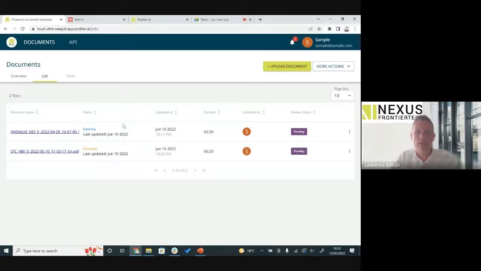Still running, 2:30. And the good thing about this is we can have the list of all the files that are running, who's run them. So at the minute I'm logged in as sample S. So you can see that this user is the person that's uploaded these files and what review status they are in. But equally, we could have 4 or 5 different users that can be shown here,